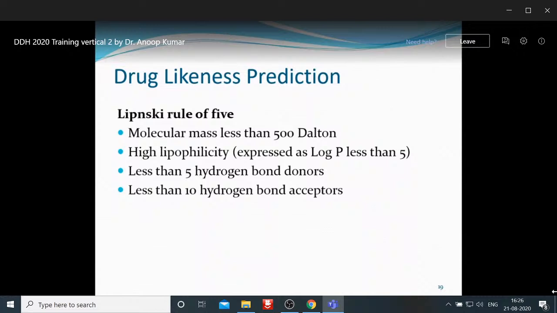According to the Lipinski rule of 5, if the molecular weight is less than 500 daltons, the log P value is less than 5, there are fewer than 5 hydrogen bond donors and fewer than 10 hydrogen bond acceptors, then that molecule has more chances to be absorbed orally when you test experimentally. But it's only more chances, not 100%. The chances are much higher when the molecules follow the Lipinski rule of 5. But sometimes you see many drugs in the market which do not follow the Lipinski rule of 5, but are available as oral formulations. So there are some